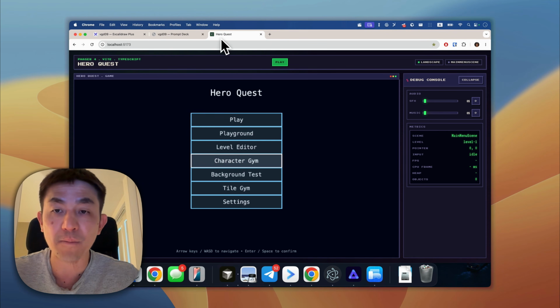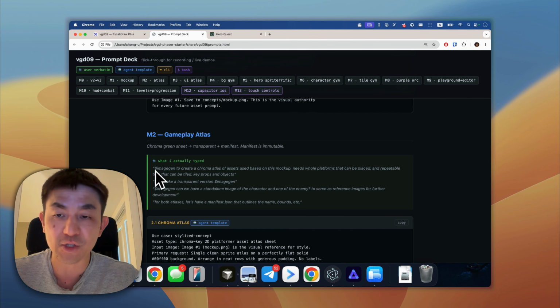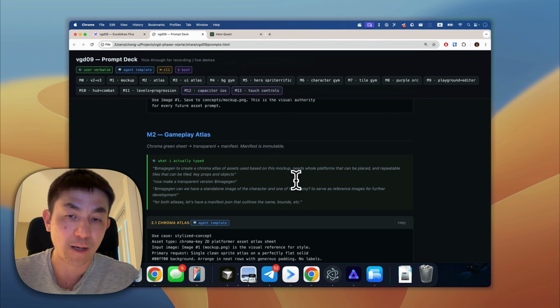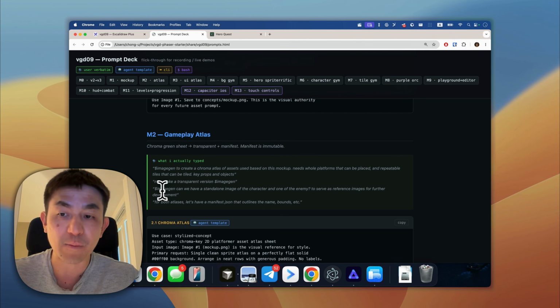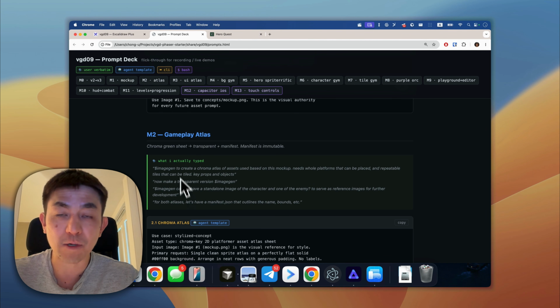Okay, and so the prompt that I used over here is I said use image gen once again to create a chroma atlas of assets used by this mockup. And I said I want the whole platforms that can be placed, and I want repeatable tiles that can be tiled as well. And after that, once you have the initial one, you can say make a transparent version,